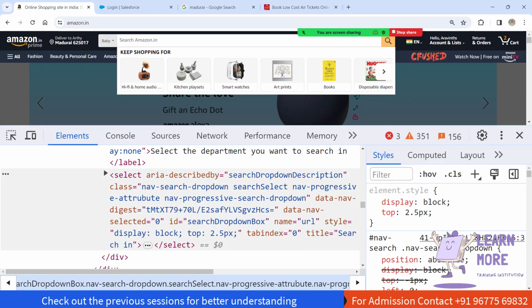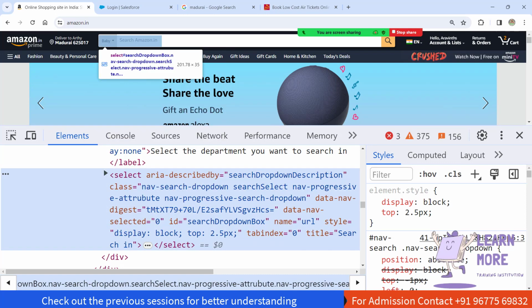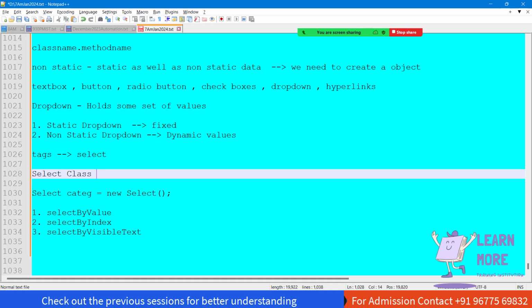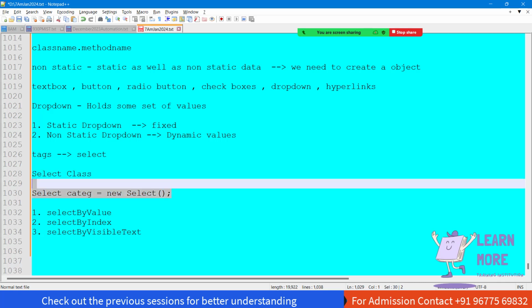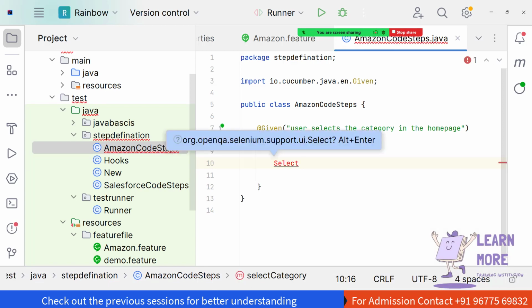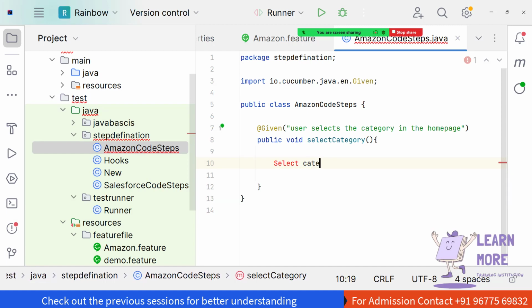So how are we going to handle this particular dropdown? We confirmed this particular dropdown as static. The static dropdown can be handled with the help of the Select class. In order to use one class in another class, we need to create an object. I'm just going to create the object for the Select class. I'm giving the variable name, let it be category is equal to